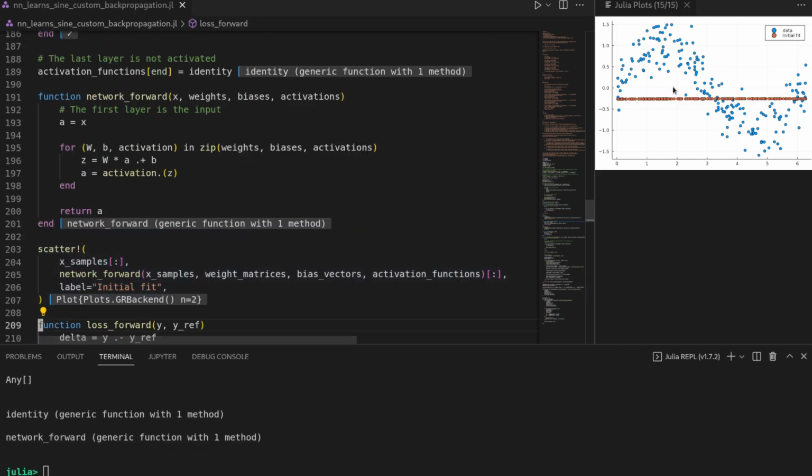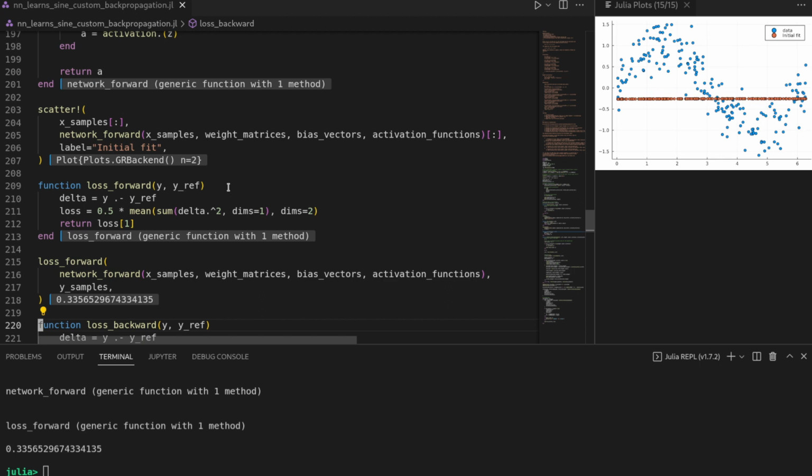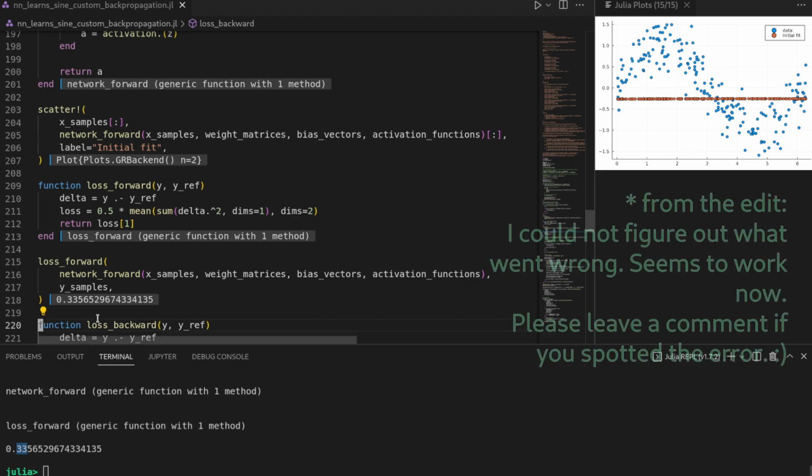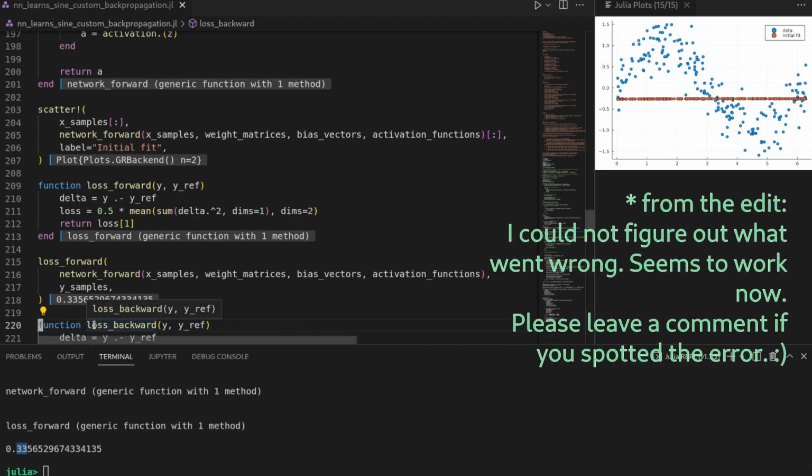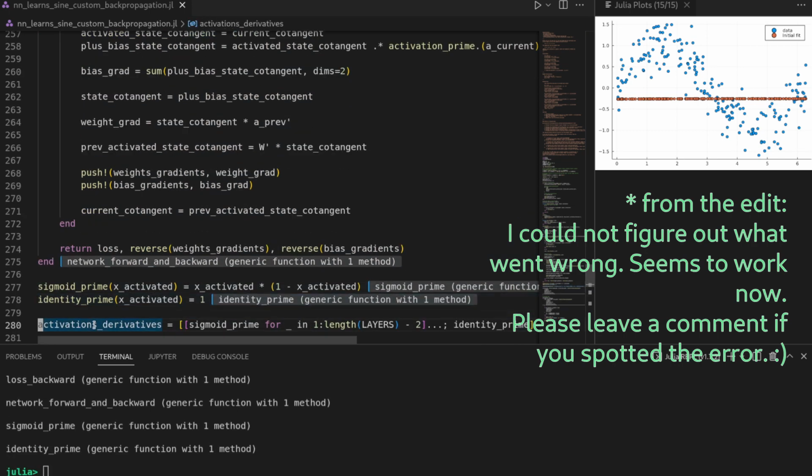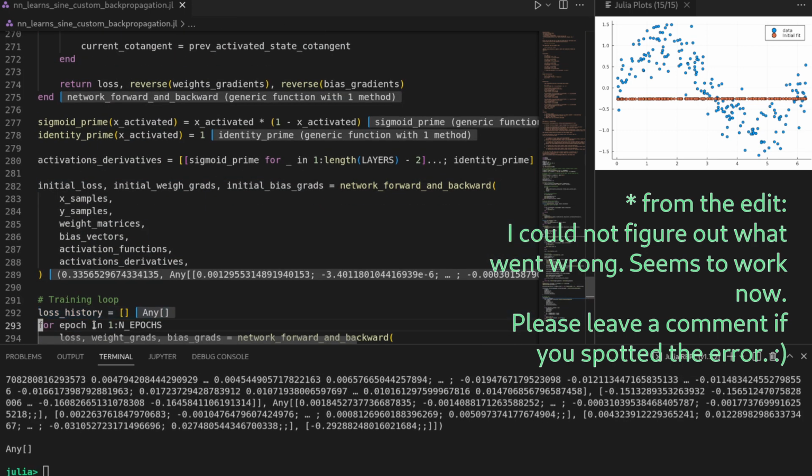So you will again get our initial fit, and we'll also get a loss. Interestingly, we will have a different loss. I don't know why it is different. I must have made some small mistake there. Probably I will add a little notation here on what was wrong, and I will leave something in the comment section. Okay, anyways, let's go on, and with shift enter we work our way all the way down until the